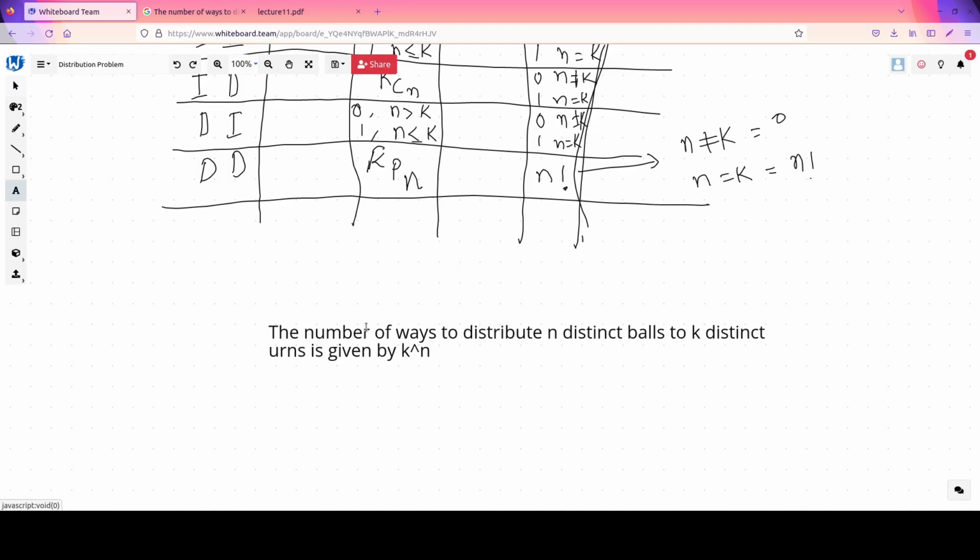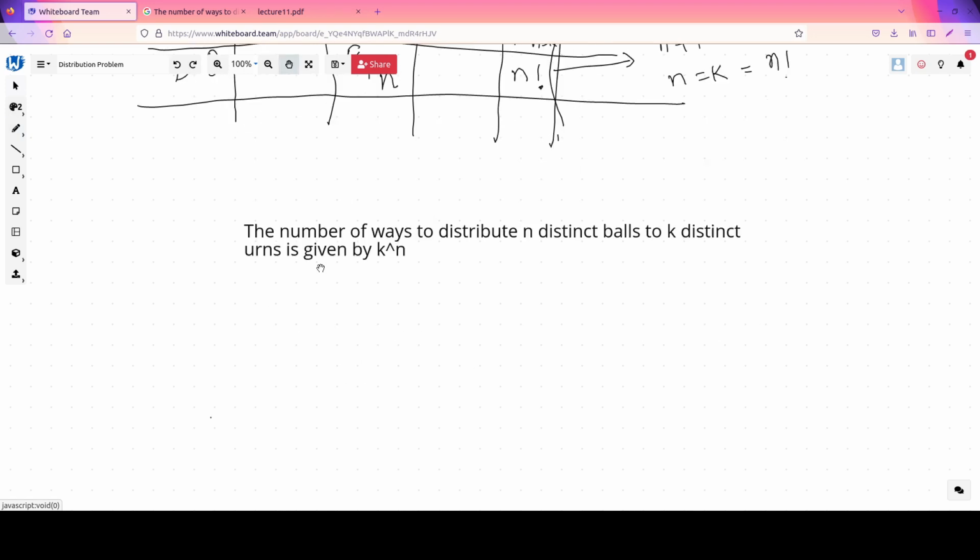So far, we are able to solve the 8 distribution problems among 16 ones. So let's look at the next one, which says the number of ways to distribute n distinct balls to k distinct urns is given by k to the power n. So it's just like